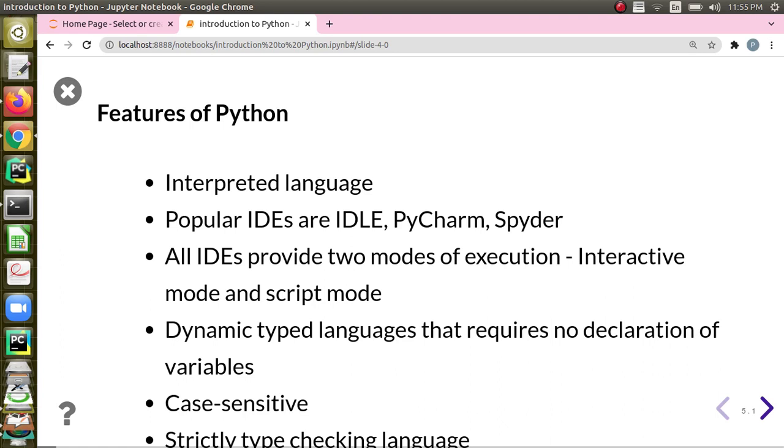So there are two types of translators that are present when you consider a programming language. Either compilers can be there or interpreters can be there. If you consider C, C++, those languages have compilers, but Python is an interpreted language. What is the difference basically is, in an interpreted language, the conversion will happen line by line. And if there is an error or a mistake in a particular line, then the interpreter will not proceed until we correct it.